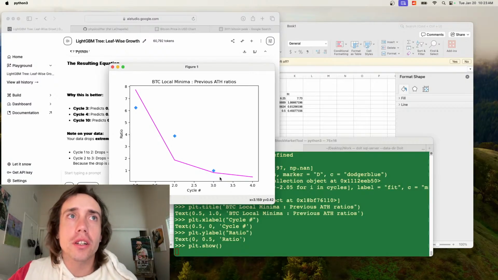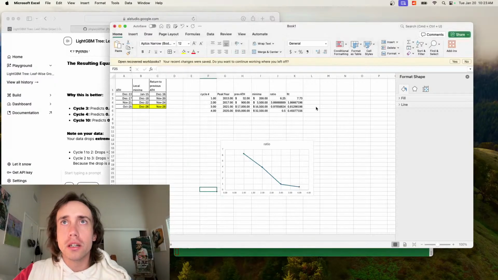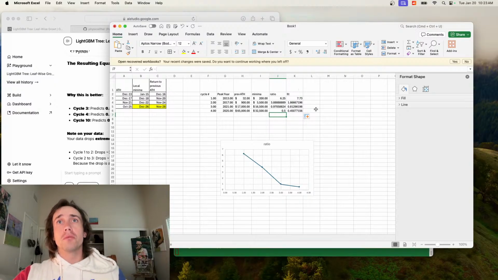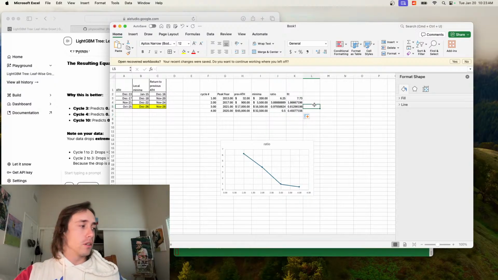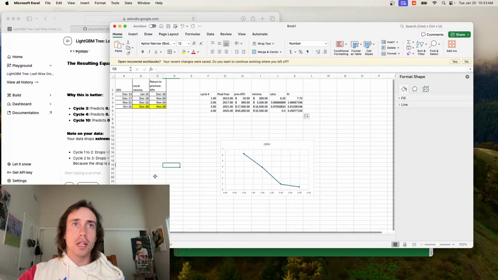So I guess we could assume worst case scenario would be like 1. So let's say that it's gonna be 1 again, which just means that it's a return to the previous all-time high. So then we expect it to drop to 69,000. In which case,